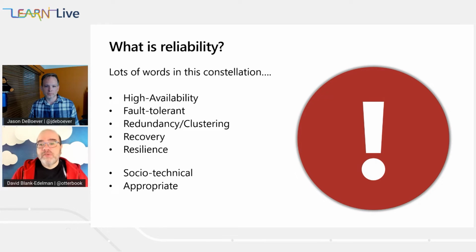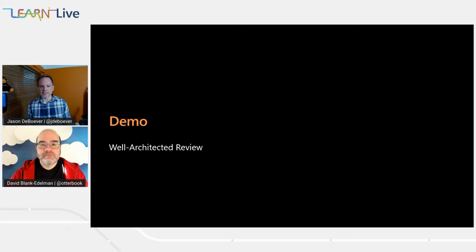We could have a whole other conversation, maybe in the chat or later on, about that. But I think we probably have to move on at some point, right? Yeah, for sure. Going back quickly to your Netflix example, Netflix doesn't need their rating system to be 100% reliable, but they sure as heck need their movie streaming system to be nearly 100% reliable. So yeah, they treat those with a different level of